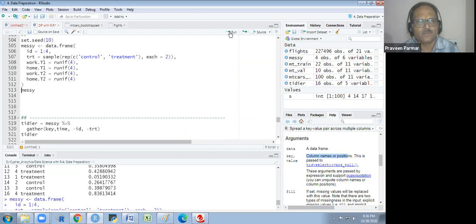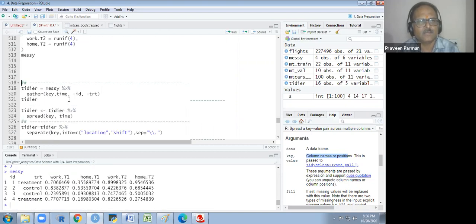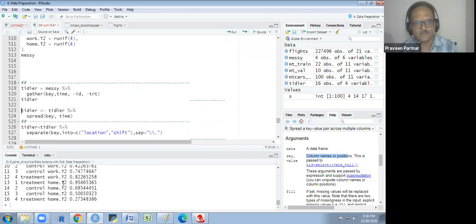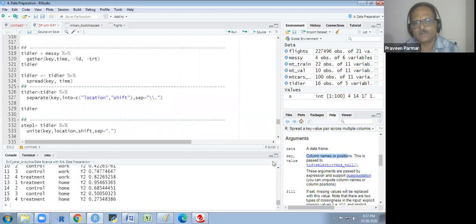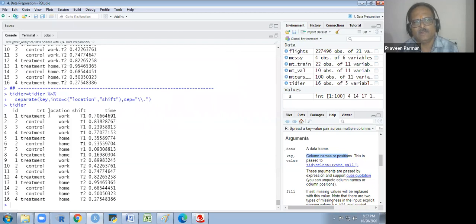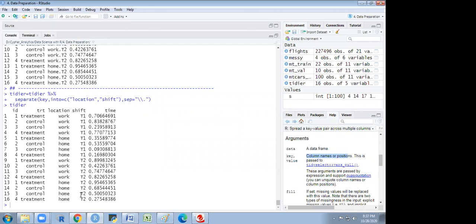I have to run this one, and then I have to convert this. On this I have to apply now. Now you see. Getting it? Location and shift are separated. Now any doubt? No, sir. Okay.